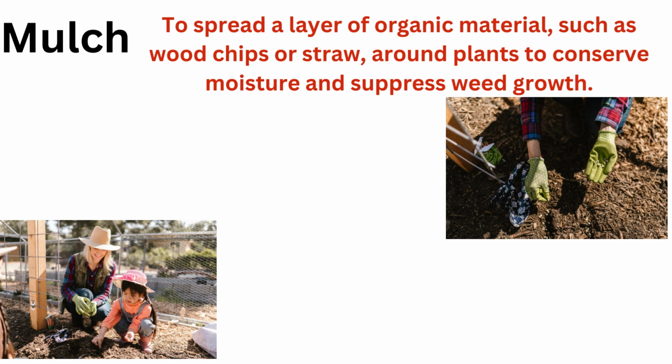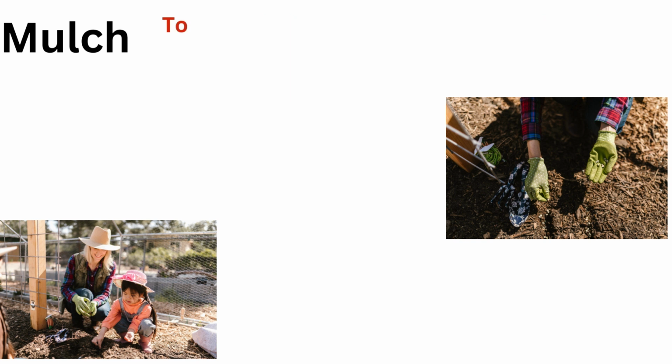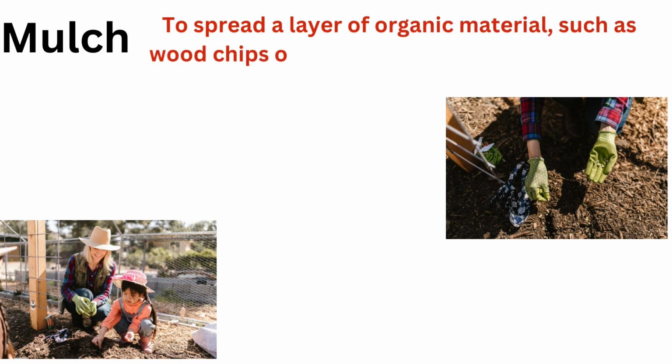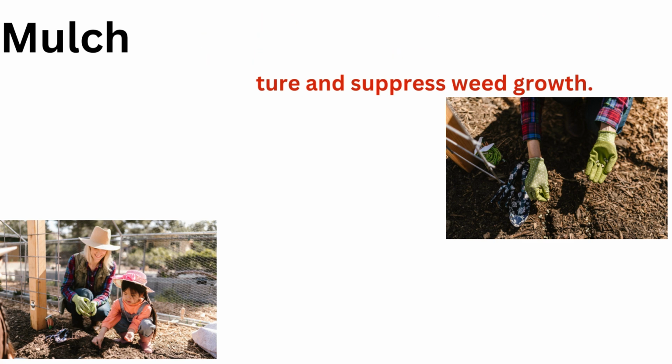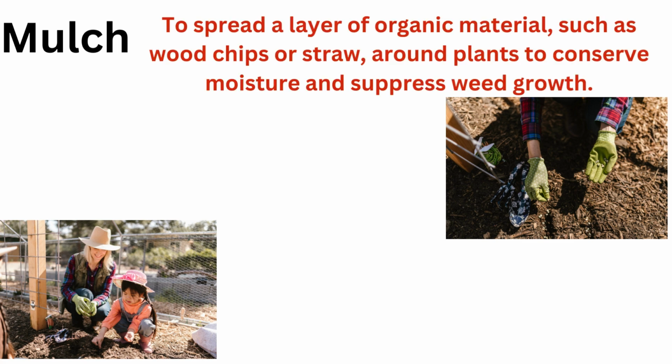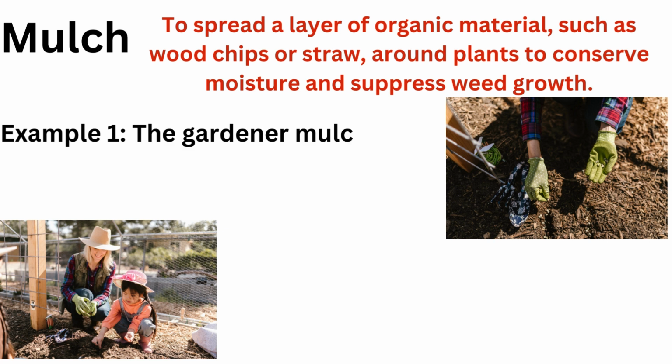Mulch. To spread a layer of organic material such as wood chips or straw around plants to conserve moisture and suppress weed growth. For example, the gardener